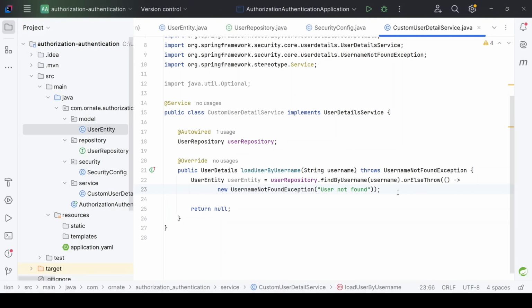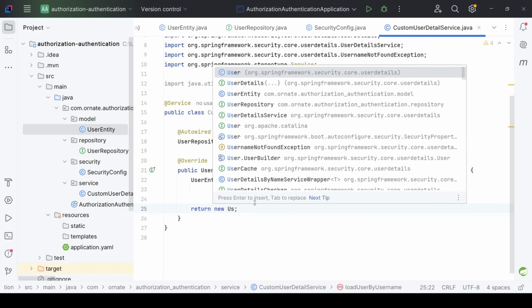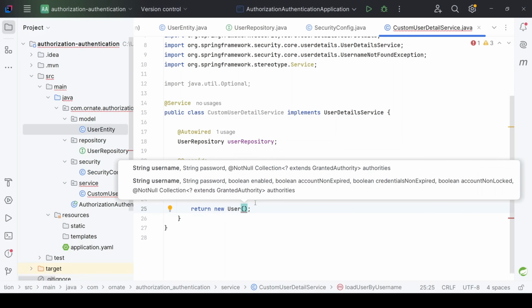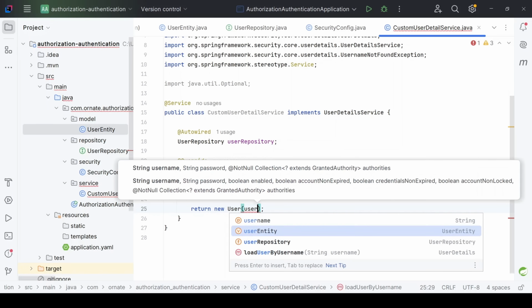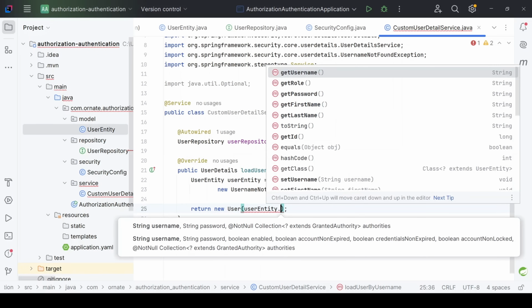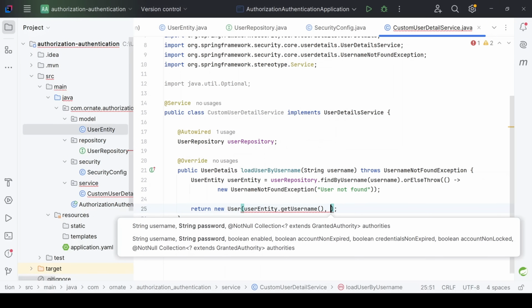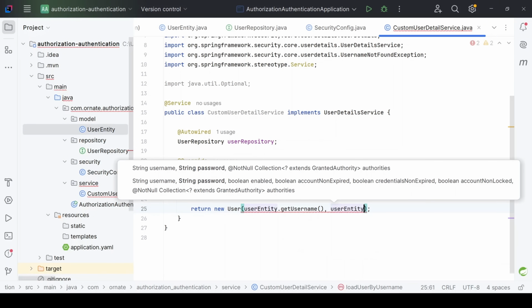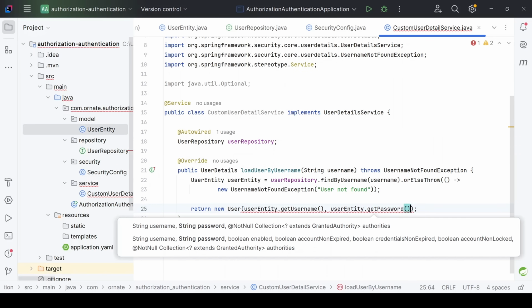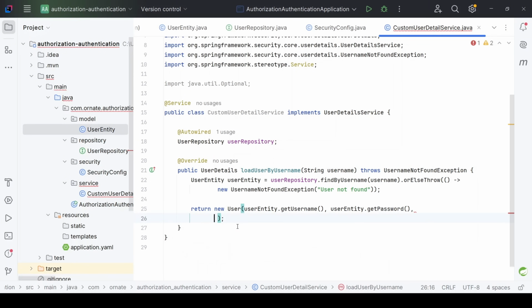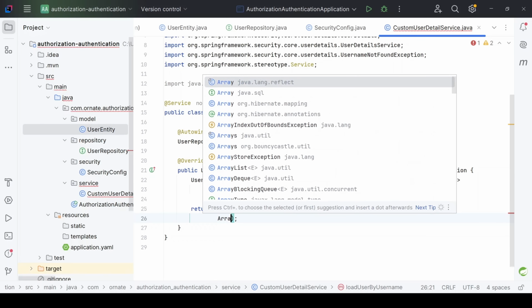All right, now that we have this, the next thing is to return. So what do we want to return? We want to return a new Spring Core user. All right, and in this case we want to pass in our username. We want to pass in our password. Good. And then we want to also pass in our roles, because we assume that the roles are more than one, so we just want to do Arrays